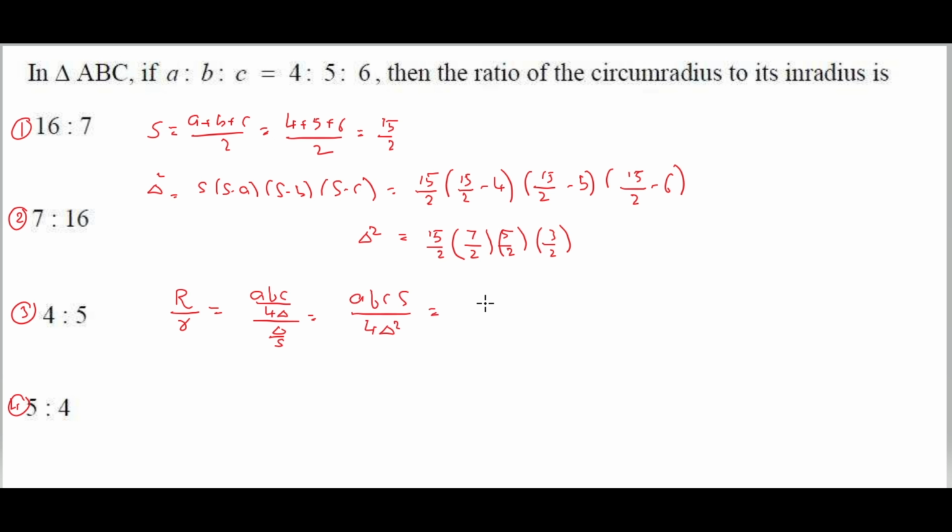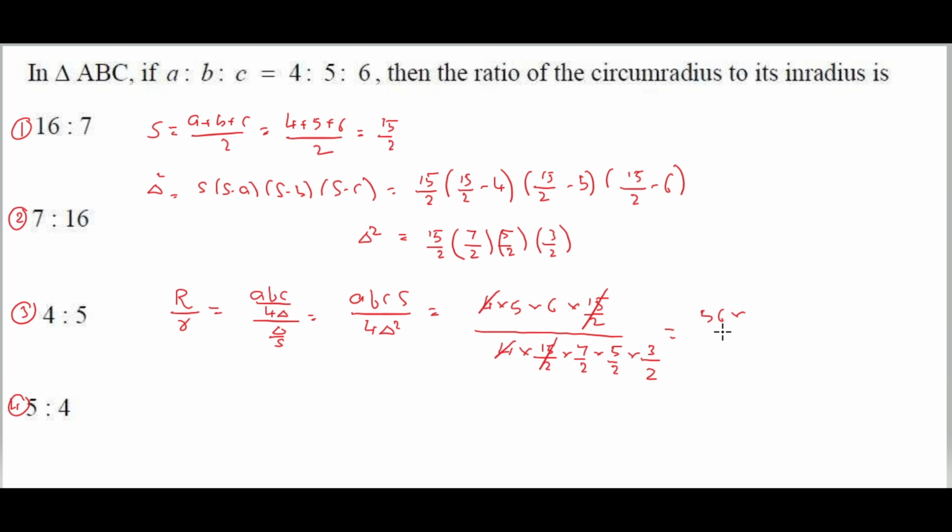The a, b, c values are 4, 5, 6 and s is 15 by 2, so it is 4 into 5 into 6 into 15 by 2 by 4 into delta square, that is 15 by 2 into 7 by 2 into 5 by 2 into 3 by 2. Here 4 cancels and 15 by 2 cancels, that is equal to 5 into 6 into